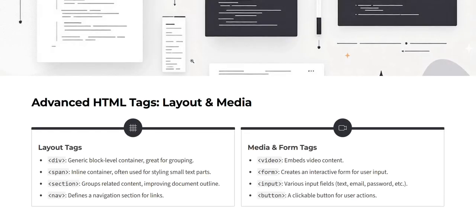And moving on to the advanced HTML tags. As websites become more complex, we add new semantic and layout tags to improve readability and structure. The div tag is used as a block container for grouping large sections, and the span is used for styling small parts of text. The section groups related content meaningfully, and the nav defines navigation areas like menus. The media and form tags also add powerful capabilities, like video, which embeds video content directly, and